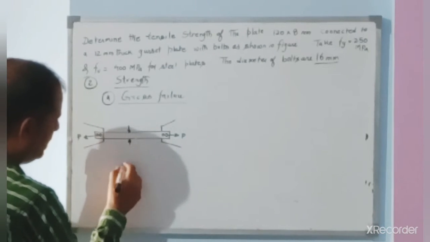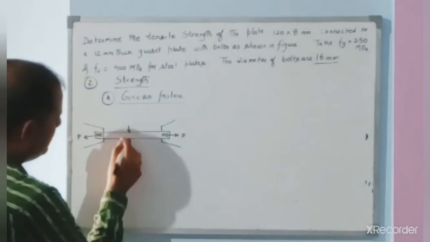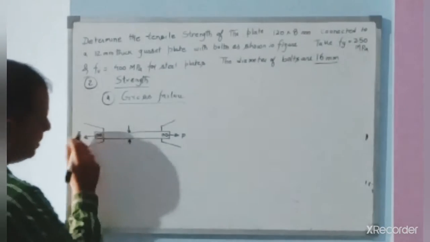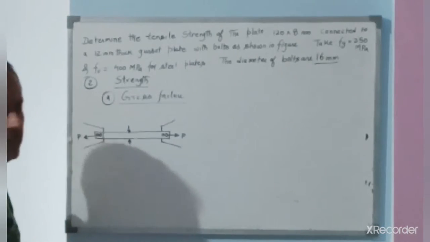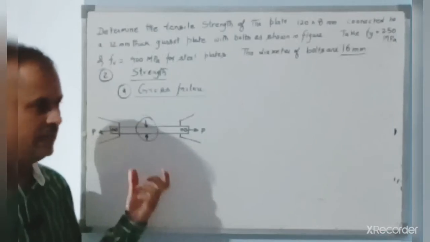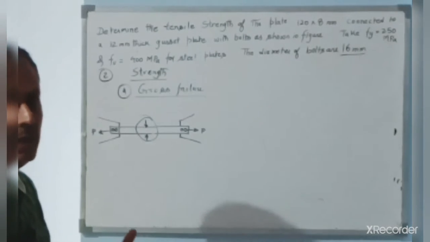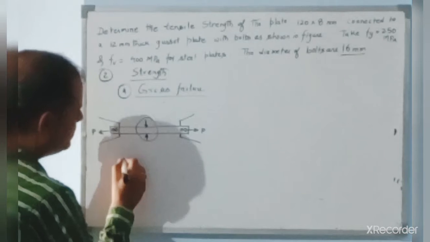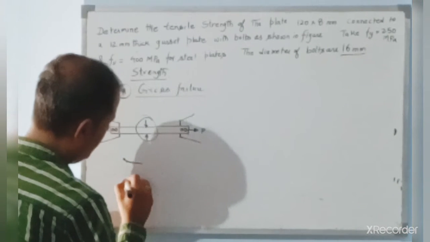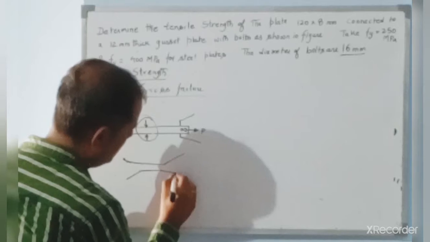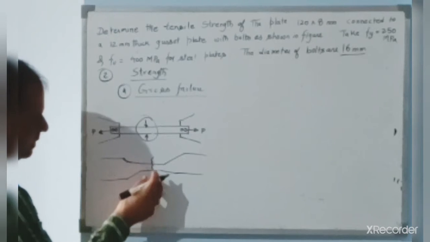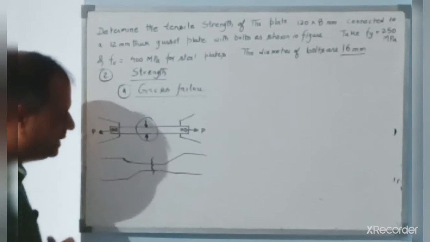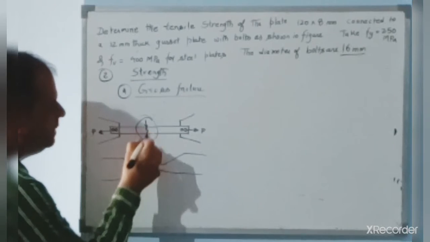And how will it fail? It will fail in yielding. The length of this particular part, or all the length, will increase. We know that in case of a tension member, the length of the member increases. But in a certain part, the length of the member increases disproportionately. So here in this part, the length will increase like this beside the other region, and it will finally fail in the cup and cone failure method in this region. So we can take this part of the tension member as failure.